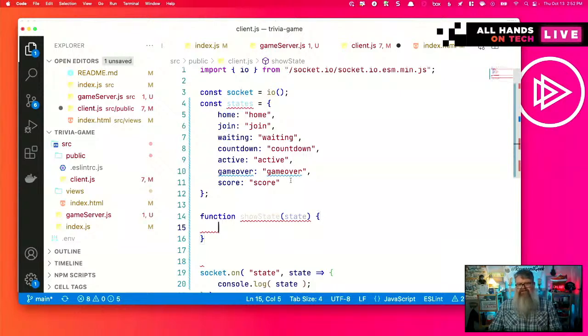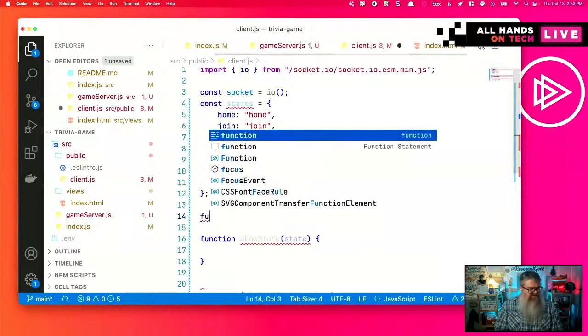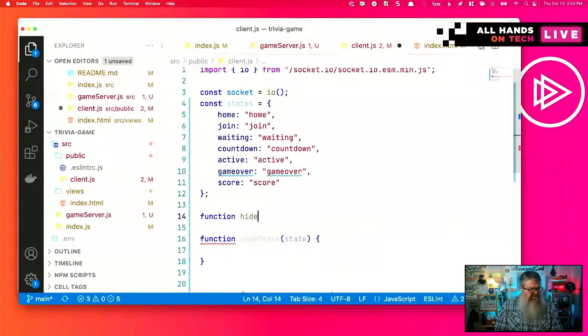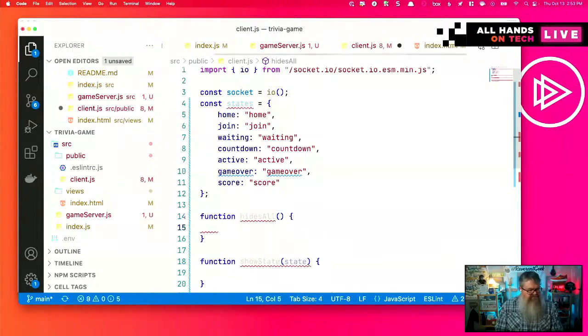I'm going to try to be a little clever and say all the IDs for the elements are going to be the same as the list of states. So let's create a function that hides all. And we'll say for